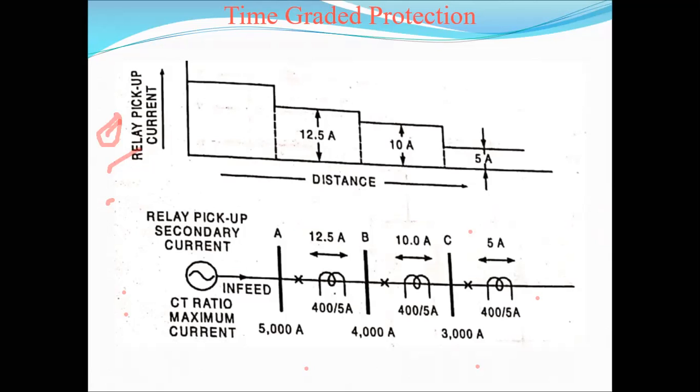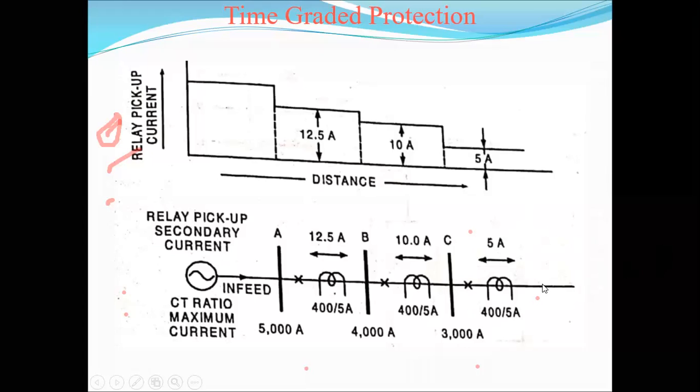That's why in the current gradient protection we are dividing the fault currents at particular points. Suppose the fault is obtained at this point. First of all, we check how much fault current will be developed at that point. Suppose that fault current is less than 5 amperes, then only this part of the line is disconnected from the system.